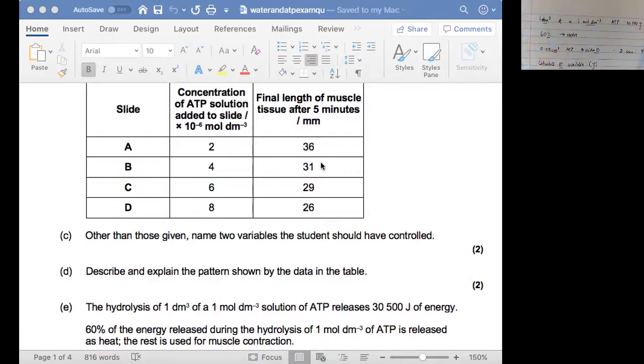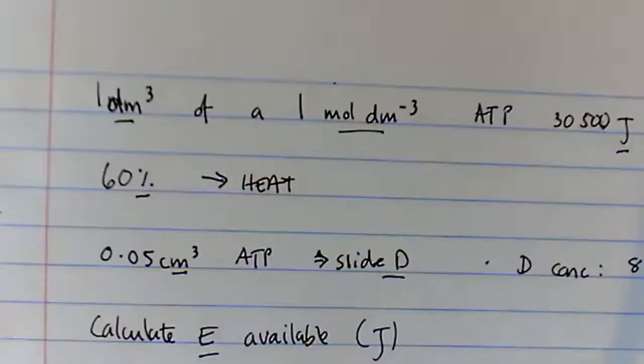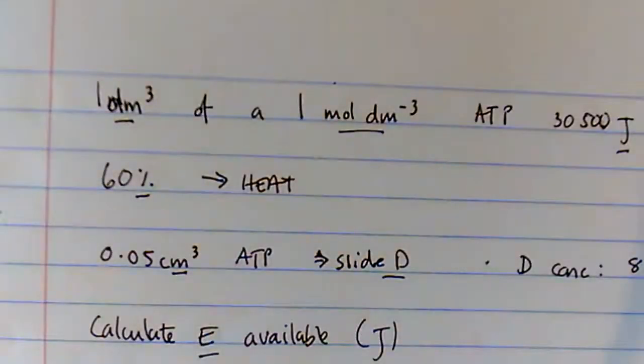So I think that's all of the information that we need for this particular investigation. Okay, I think to do the actual calculation, that's all we need. So we've got to think, where do we start with this? We are looking at slide D, and slide D has got 8 moles per decimeter cubed